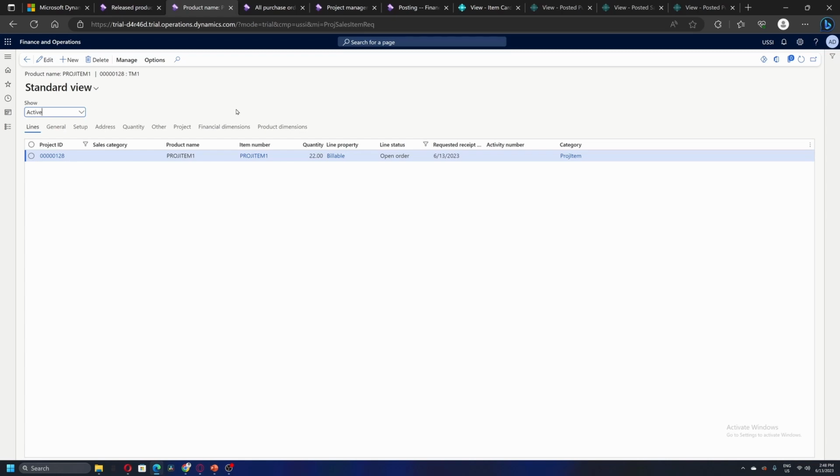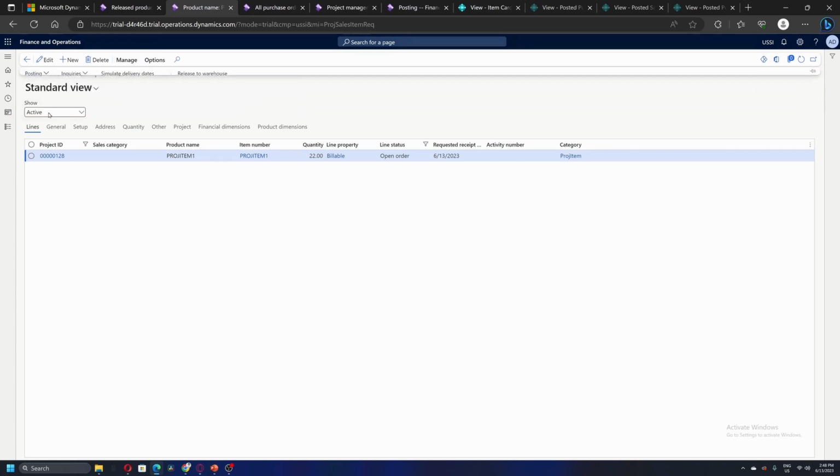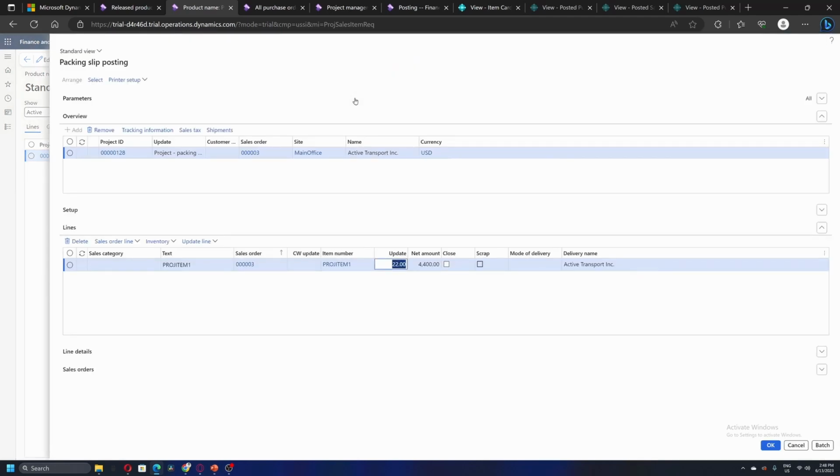Let's say the time has come when I have to consume these items. So simply I'll go to posting and say post packing slip. Here I will get another option where I can do partial posting. So let's say out of these 22 quantities, I want to consume 10 quantities now based on my project stage, and later on I want to consume the remaining quantities.